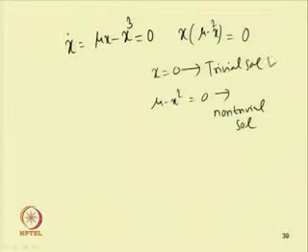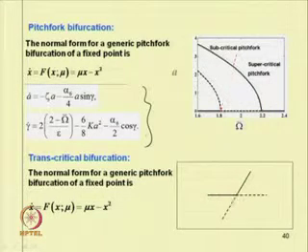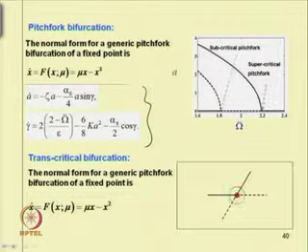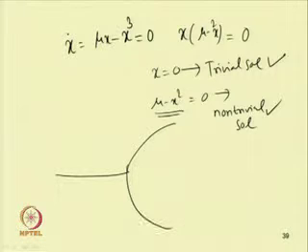So, we have a set of trivial solutions and a set of non-trivial solutions. In this case, if one plots this, for example, corresponding to this we can have this, and corresponding to this case if we plot, we have a 0 solution, and then we have a solution like this. So, this 0 solution, let us see this point. In this case we can find the Jacobian matrix A.